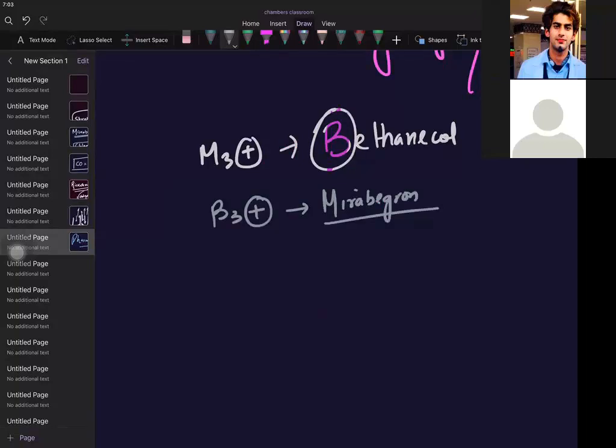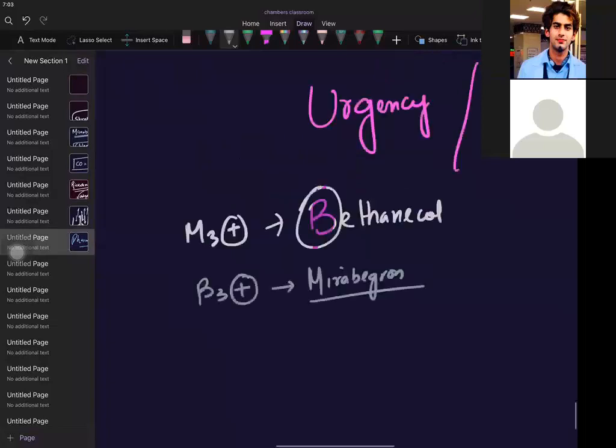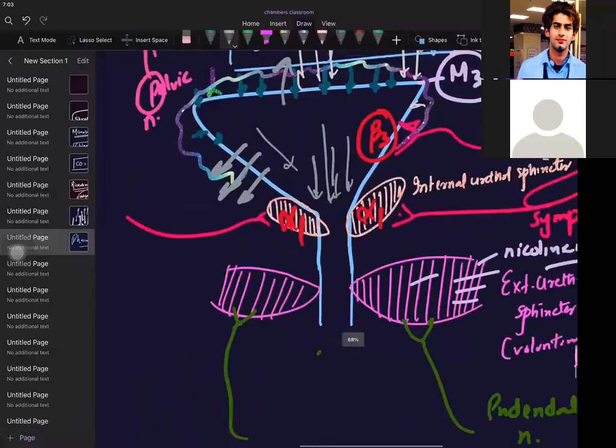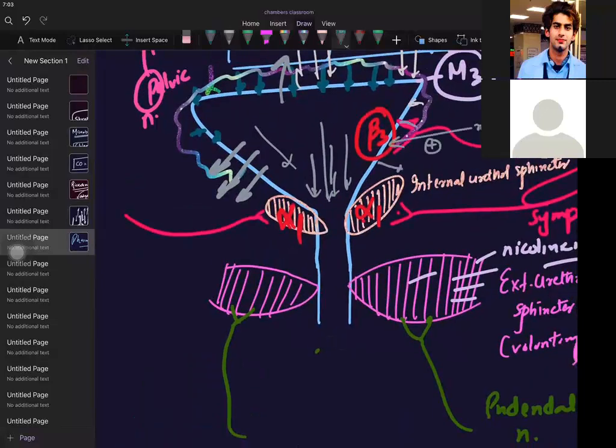Now I told you something about tamsulosin. At the neck of the bladder, you have the prostate also. Here, guys, you have the prostate. It feels like the marble at your home, isn't it? Sometimes your counter or something like that, when you are building. This is all having alpha 1 receptors.